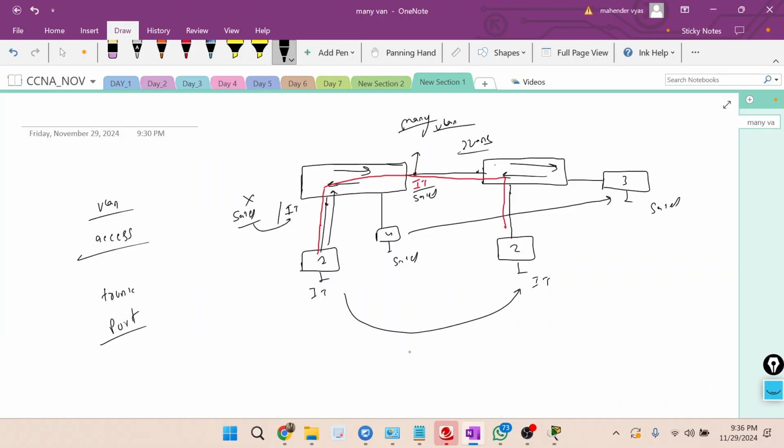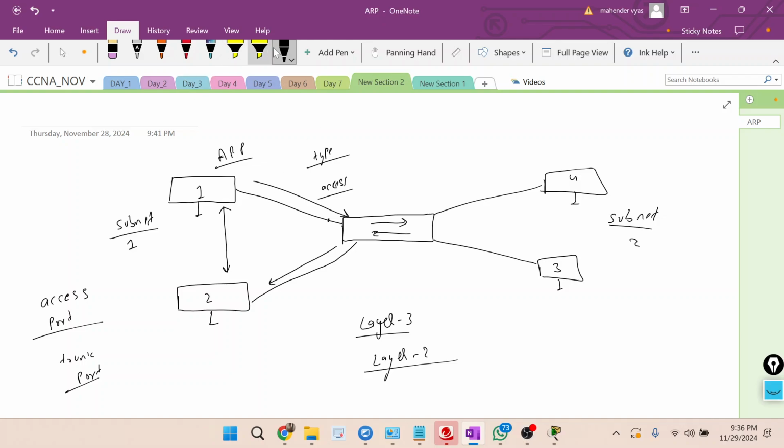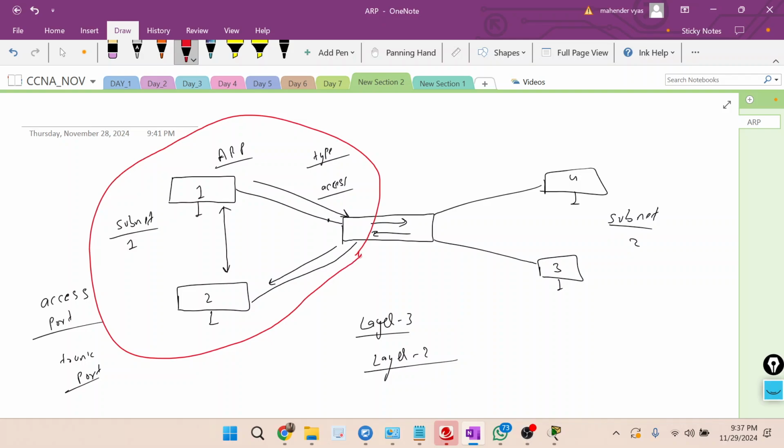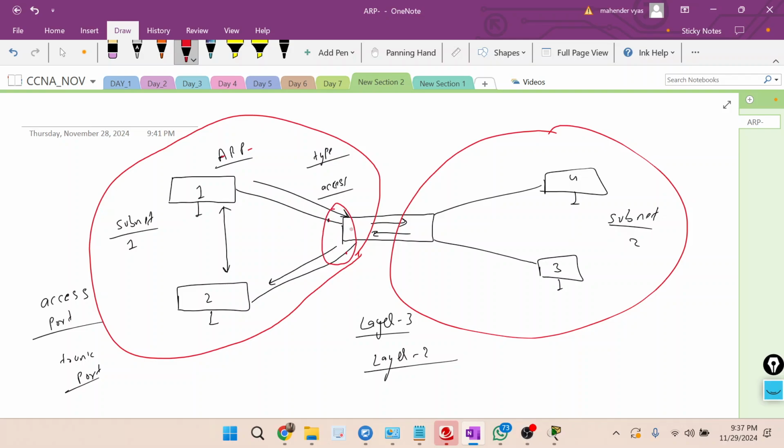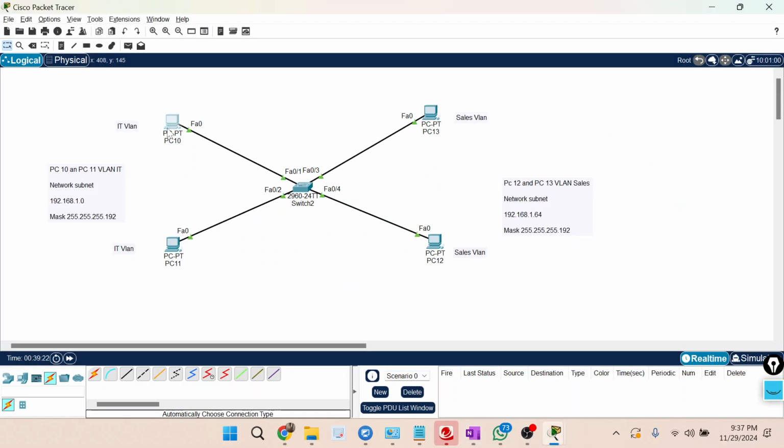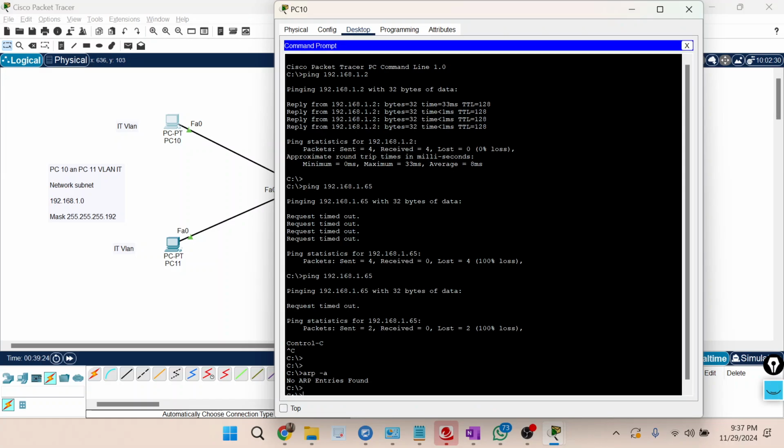So now our agenda should be, one minute. When we have VLANs now, this should be one broadcast domain. Broadcast traffic should go only to this domain, and this should be another broadcast domain. Whenever I ping or do an ARP request, this traffic should broadcast only between these two ports. This is one port, one domain, and this should be part of another domain. This should not go everywhere now. Let us see again if we are able to do it.